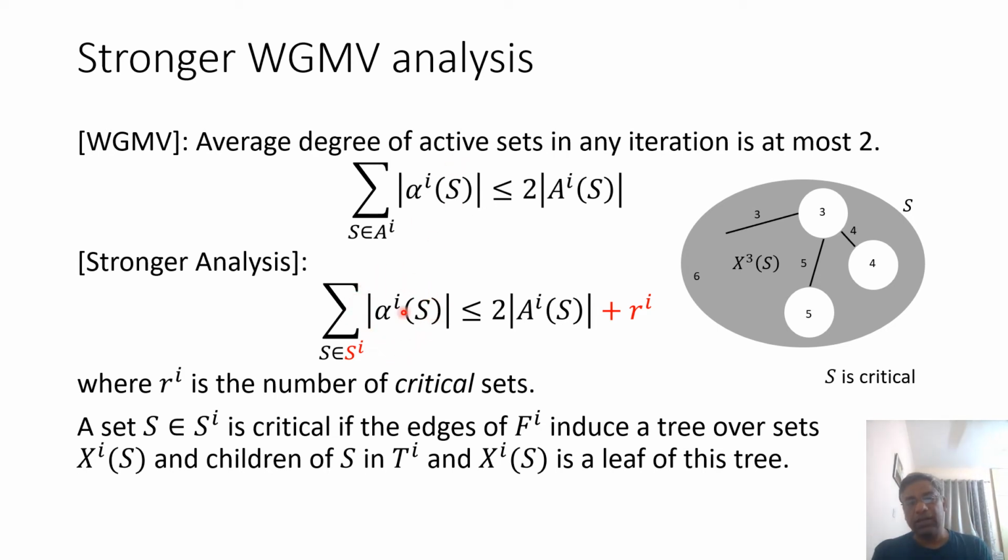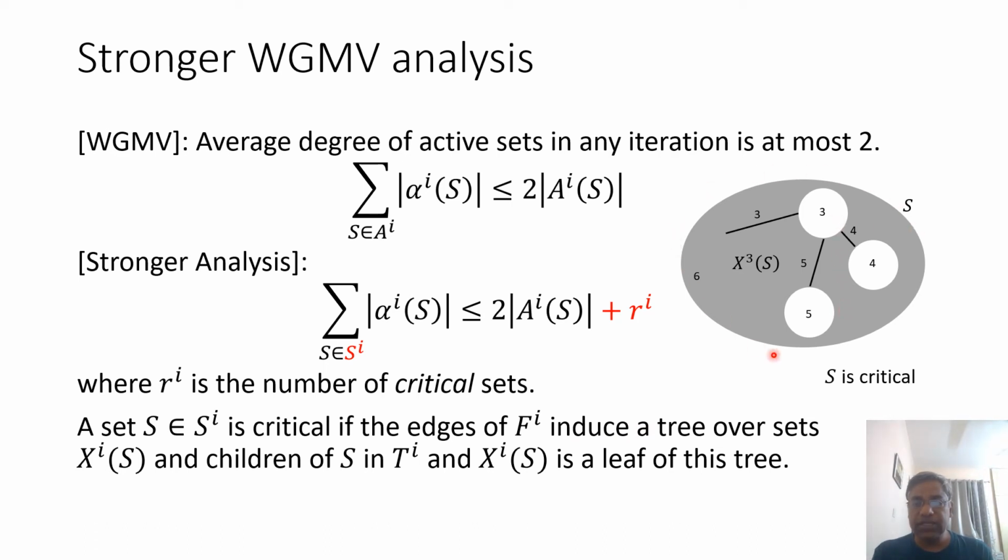So our left hand side is much larger, and to offset that we have to include something on the right hand side. This is slightly technical and I'll not be able to go into more detail here, but what this is saying is that R sub i is the number of critical sets, and we call a set critical if the edges of F sub i induce a tree over